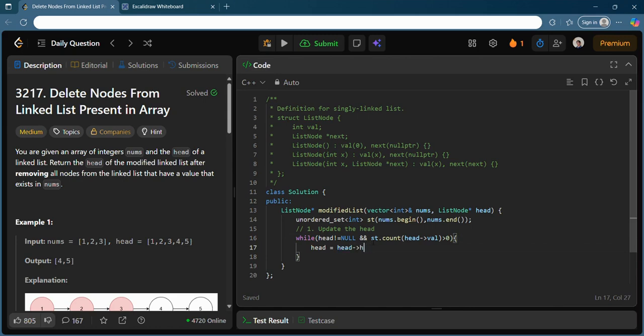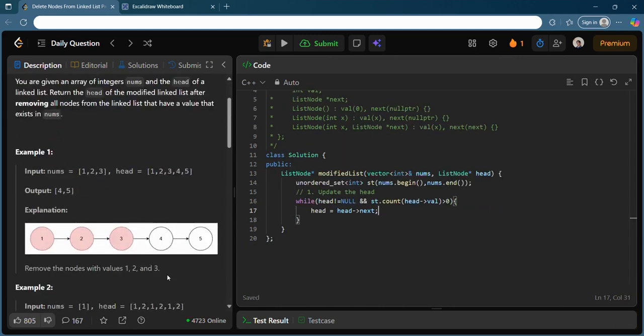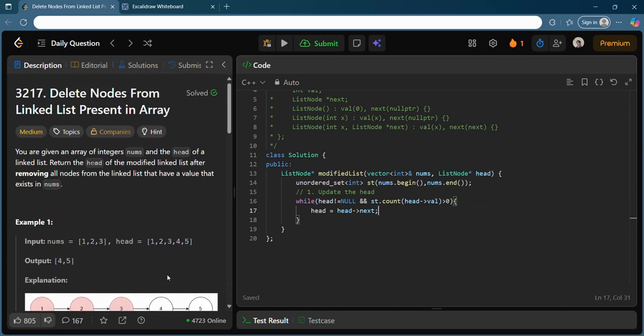I do not need to delete the head because LeetCode handles it automatically. If there are any dangling nodes which are not used in the program, LeetCode automatically deletes them. So you do not need to use a separate temp variable and delete it. You might even face an error like double memory free and so on. Whatever the case, I hope you understand that head is now updated. Just for a safety check, I will see if head is equal to null. If head is null, then I can return null.